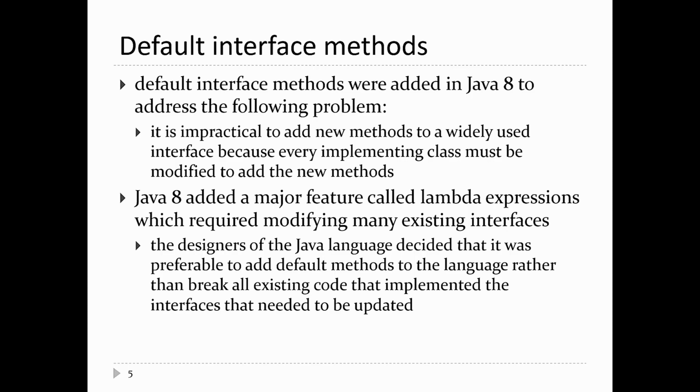Similarly, if you try to take away a method from the interface, everybody who implemented your interface now has to go into their code and take away that method that no longer exists if they want to use your updated interface. Creating an interface more or less creates permanent code. And this is a problem when you are a language implementer, like if you're creating the Java language. Java had all of these existing interfaces, and then in version 8 of the language,